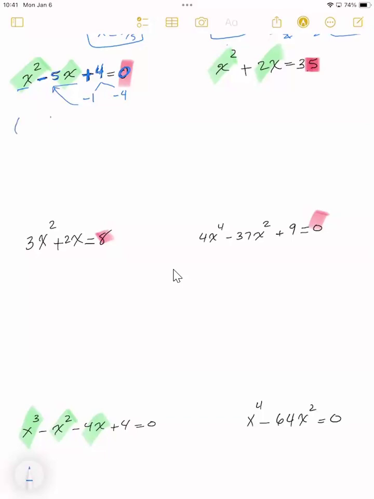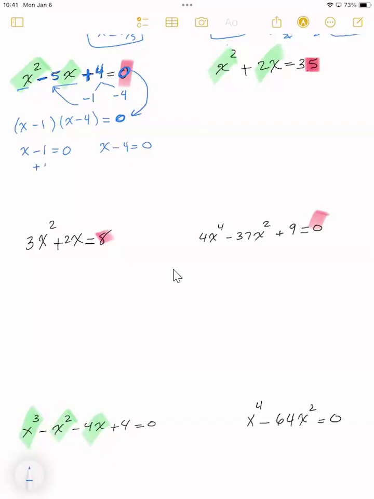Open up the 2 parentheses with x inside each parentheses. You have a 0 here. X squared is x and x. Put negative 1 inside one parentheses and negative 4 inside the other. Then set each parentheses, each factor, equal to 0,